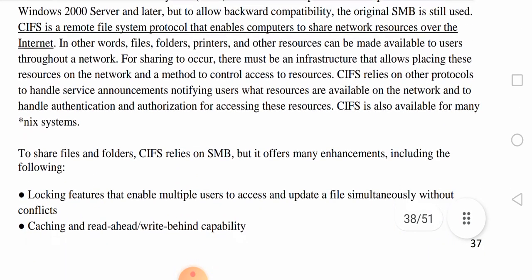Now to share files and folders, CIFS relies on SMB, but it offers many enhancements including the following. So the base model of CIFS is that of the original SMB, but in order to overcome many security issues that the original version of SMB faced, CIFS incorporates many other features also. We will see the features one by one. Locking features that enable multiple users to access and update a file simultaneously without conflicts,